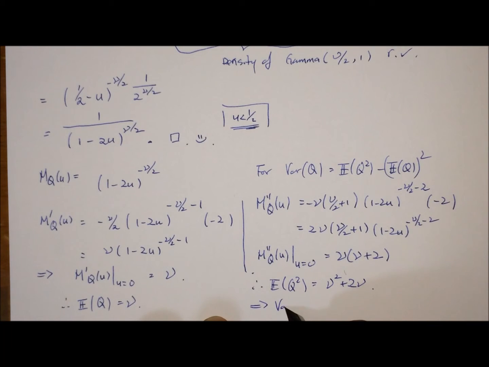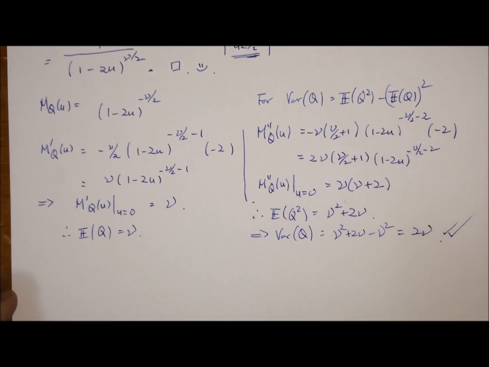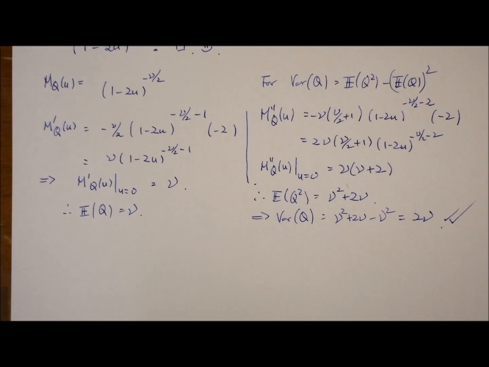This tells me the variance of Q is equal to nu squared plus 2 nu minus nu squared, which is 2 nu. Right, so that's it. Good, tick tick. So, okay, so I've shown the variance of Q is equal to 2 nu. Right, okay. Now, so we can move on to, say, question